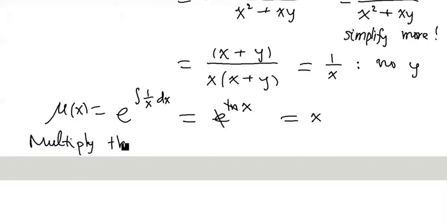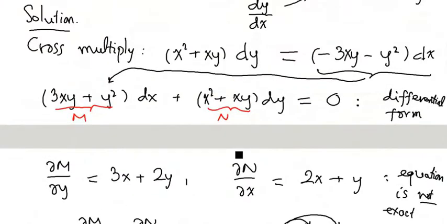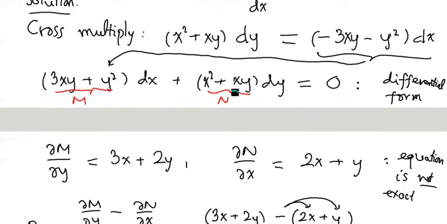Multiply through by x. Let's recall the equation is in this differential form. We need to multiply through by x. So x multiplies here, here, here, here. We get